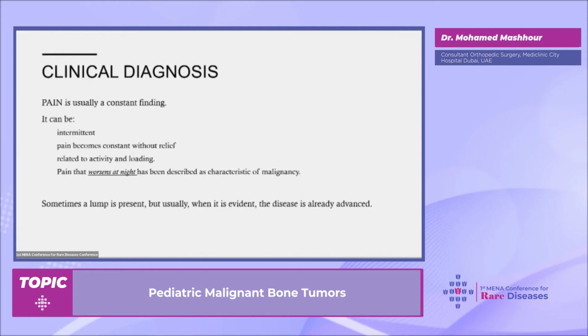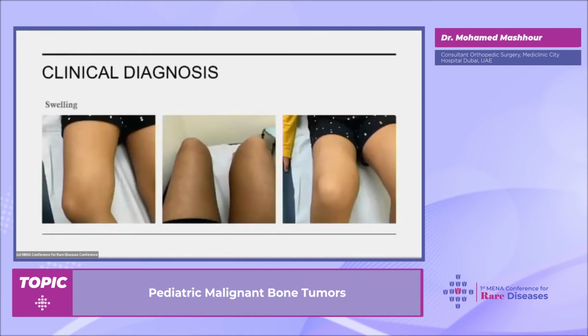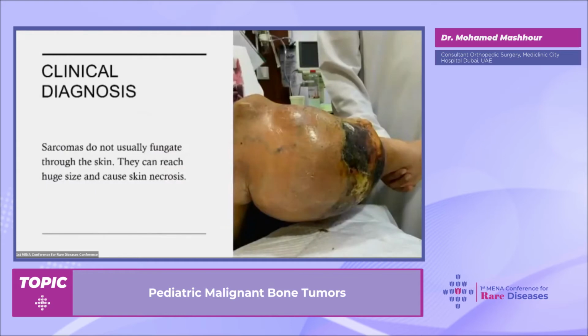A lump could be present, but not necessarily. Sometimes it cannot be reached, especially if a pelvic tumor is there. As you can see here, there is a swelling in the thigh, and we have to compare. If you don't compare, you don't see. This is the same patient. Can we see here? This is the swelling on the right thigh, and compared to the left thigh it is not seen. So without comparison, you cannot diagnose what you can see. This is how an osteosarcoma could reach.